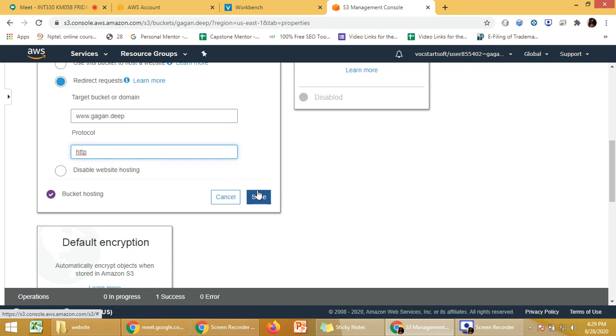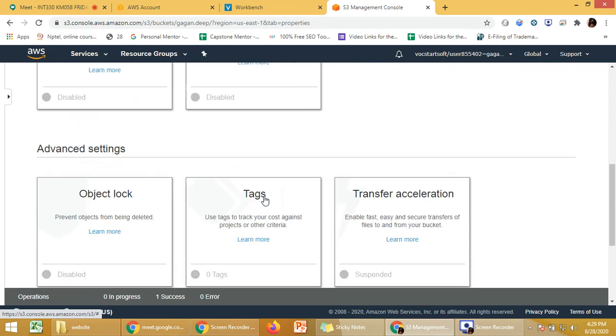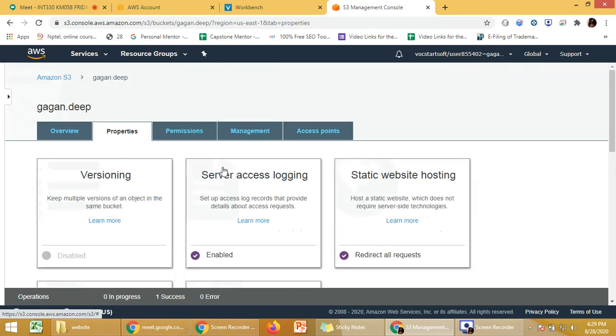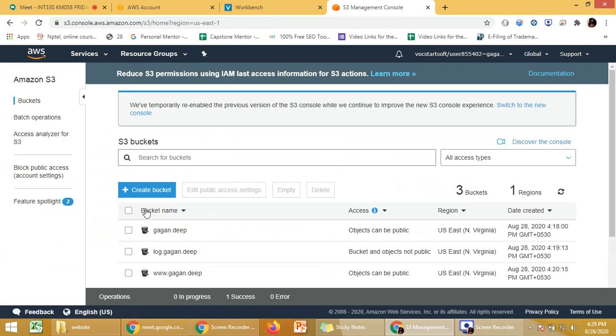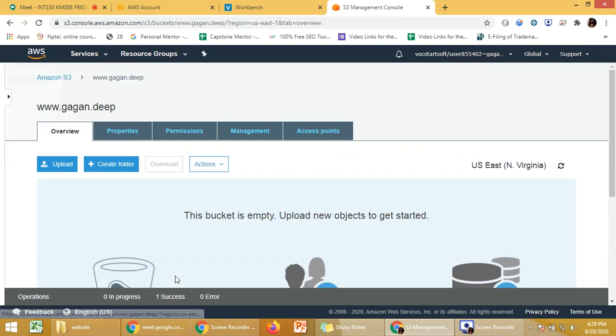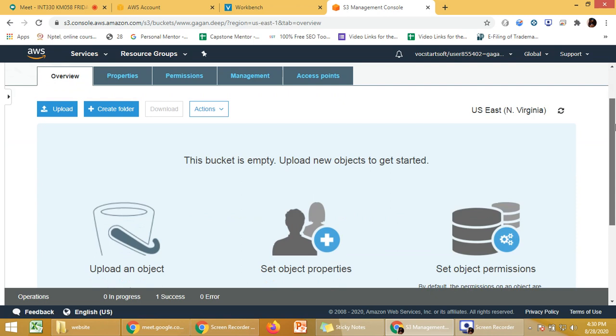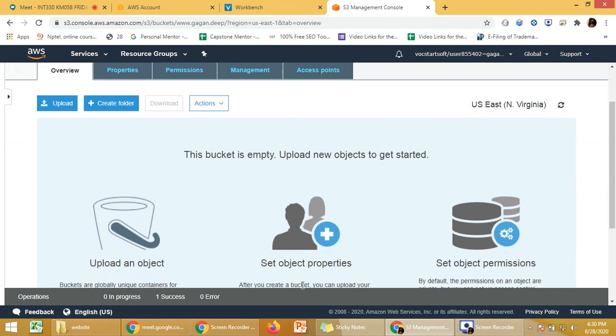Now the condition is, if you want to do this task of redirection, the other website which you are using should also have all those policies and permissions enabled, then only you will be able to host this website on this S3 bucket.